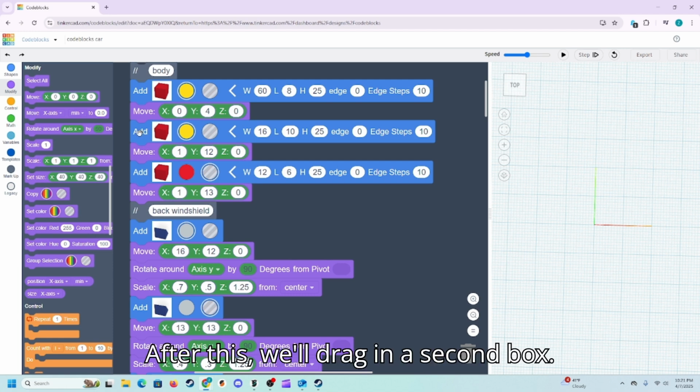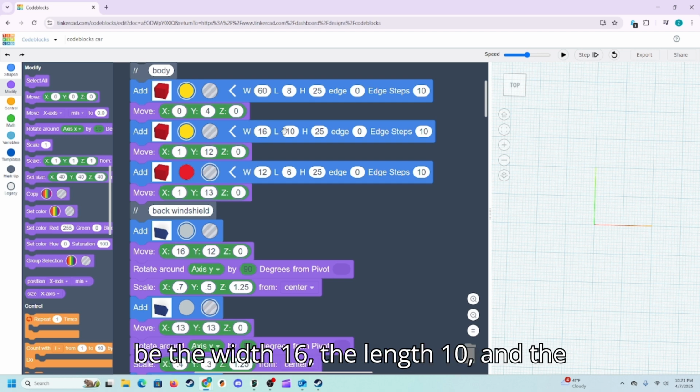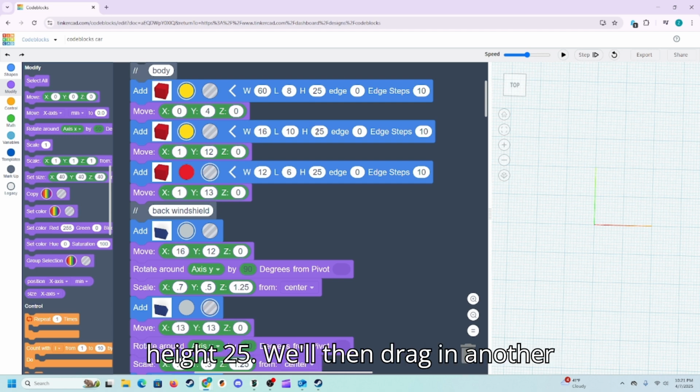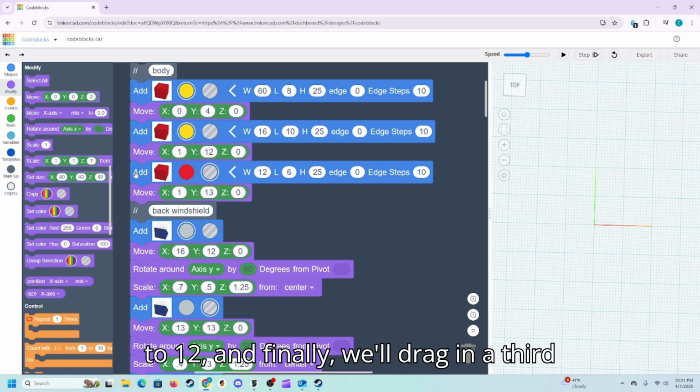After this, we'll drag in a second box. This one we're going to set the size to be the width 16, the length 10, and the height 25. We'll then drag in another move command, move the X to 1, the Y to 12, and finally, we'll drag